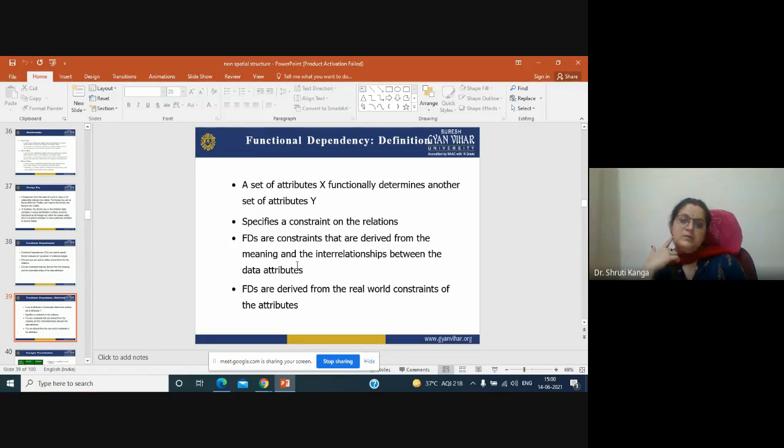Now the functional dependency definition: a set of attributes X functionally determines another set of attributes, and specifies a constraint on the relation. Okay, so FDs are constraints derived from the meaning and interrelationships between attributes.